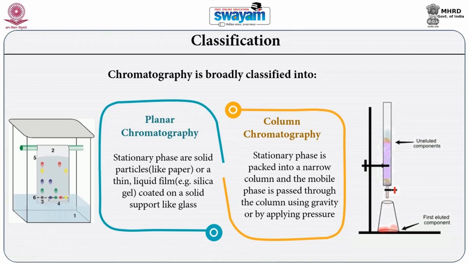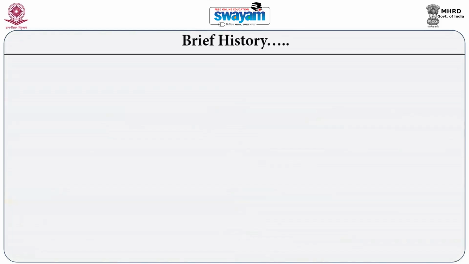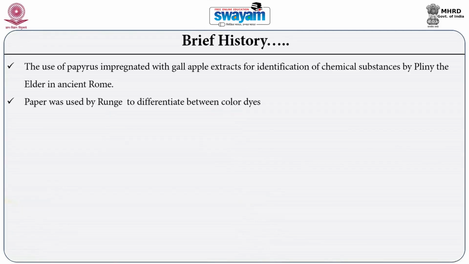by applying pressure. Going into a very brief history, although modern chromatographic methods owe their origin to the work done by Sweat, who was a Russian botanist, however, since ancient times, for example, by Pliny the Elder, there have been reports that substances impregnated with things such as gall apple extracts have been used for identification